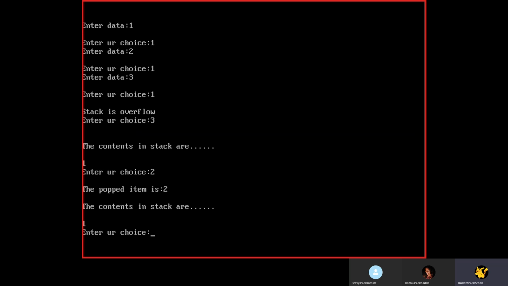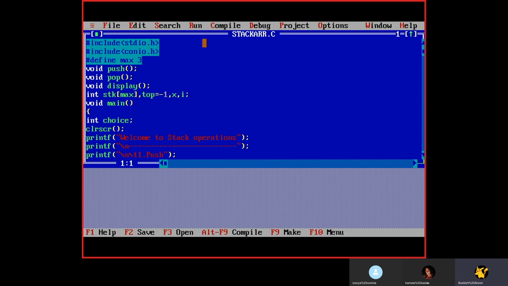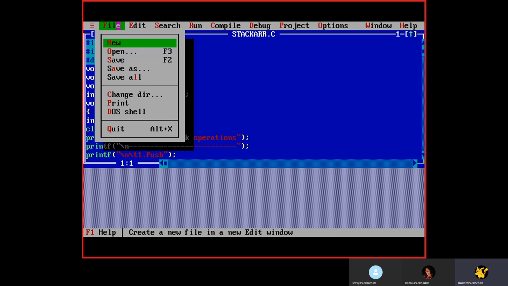Okay, the contents in stack are displayed. I'll post this program.